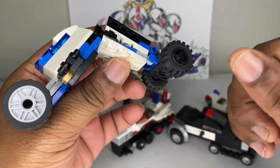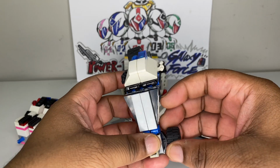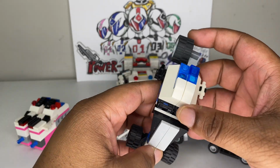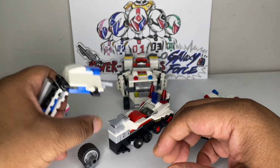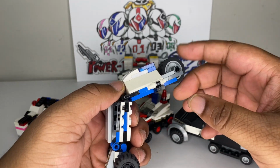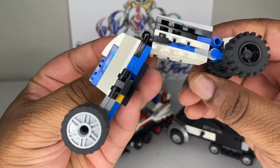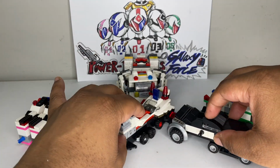Looks really cool. I freaking love it. This is probably my favorite because obviously I love blue. And you're definitely gonna see that when I get to those dinosaurs. Whoa. That's good though. It's all good. I shouldn't have been doing that anyway. Yeah, that's pretty much it for blue. It looks really nice. Now we are going to check out